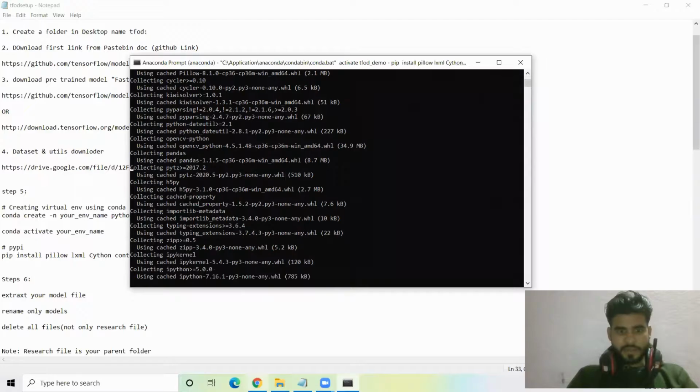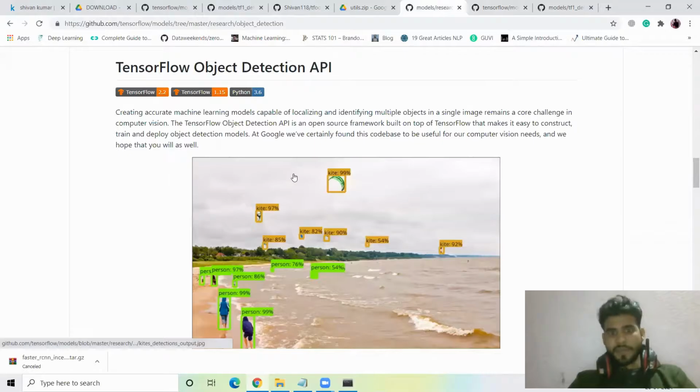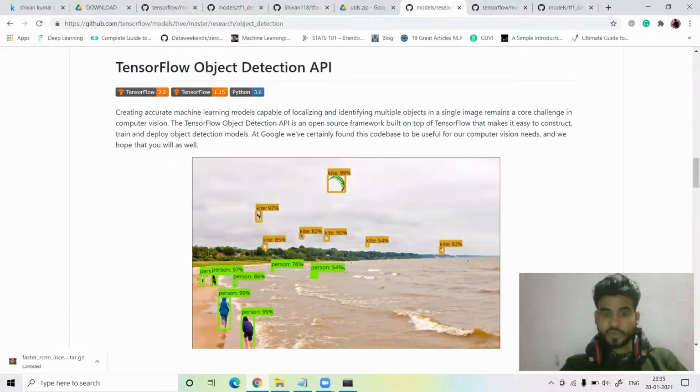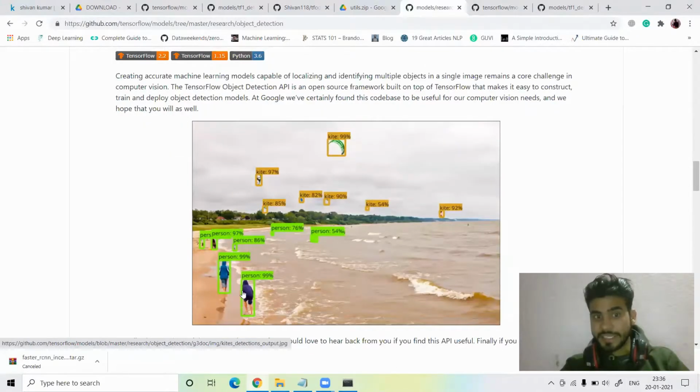See, guys, let me show you how TensorFlow object detection works. When you pass in any image, the model will detect and tell you, okay, this is a person, this is a kite, this is a car, anything depending on your image. First it creates a frame, a box, and then tells you this is the person, this is the car.